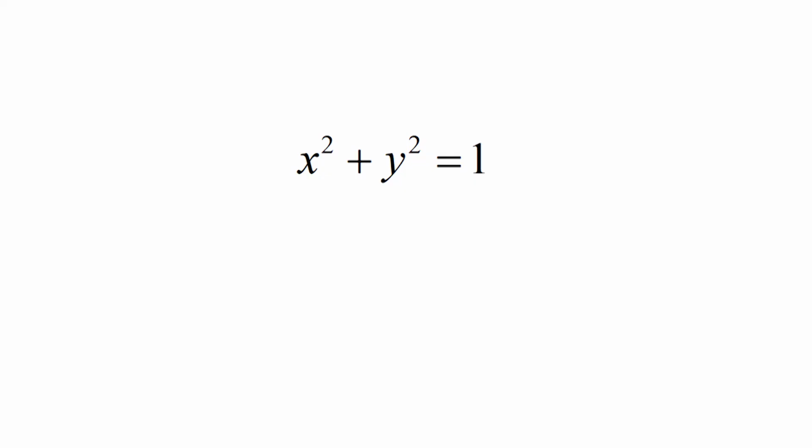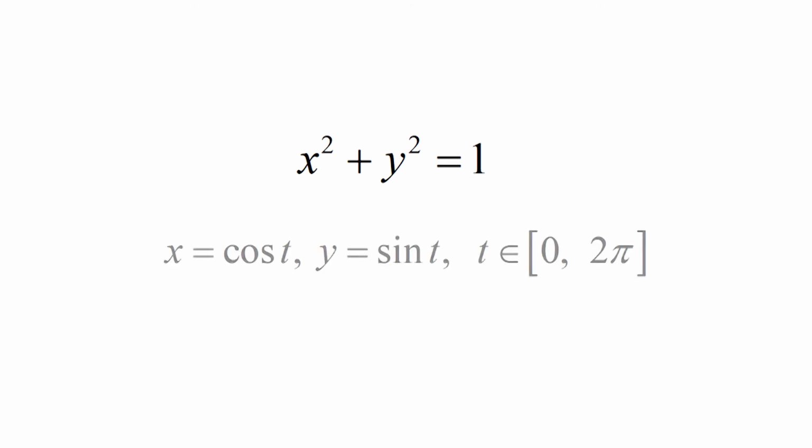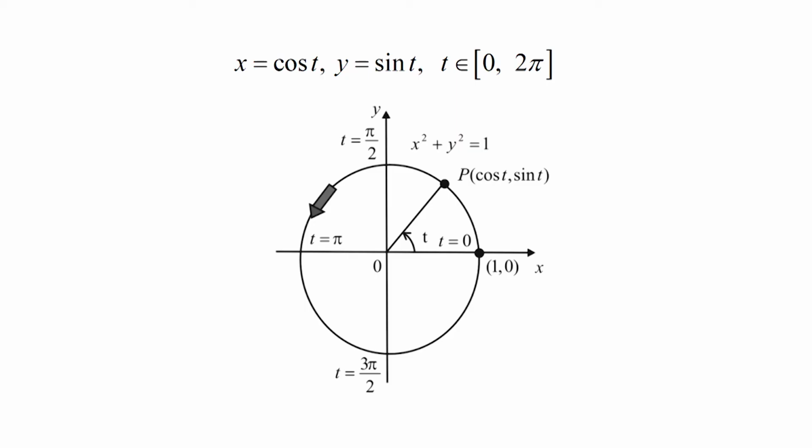So far, we have seen that the Cartesian equation x squared plus y squared is equal to 1 and the parametric equations x is equal to cos t and y is equal to sin t, where t varies over the closed interval [0, 2 pi], both represent the unit circle. Have you observed an advantage of using parametric equations over the Cartesian equation? The parametric equations given for the unit circle are helpful not only to draw the circle but also to determine the direction, here counterclockwise direction, in which the graph of the circle is traced.